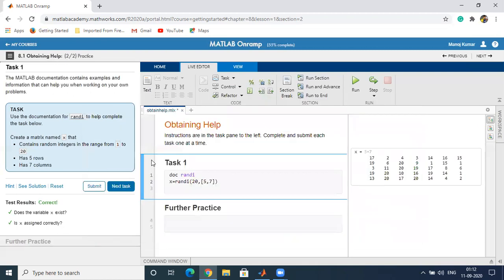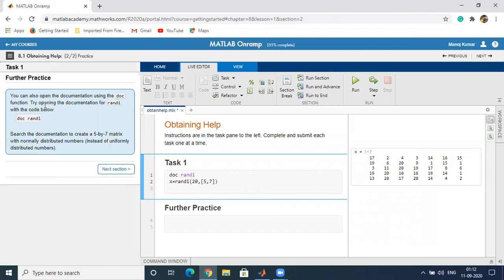Similarly, to get our results, we will use X equal to RANDI 20 comma square bracket 5 comma 7. So it will be a 5 rows 7 column matrix which contains elements between 1 to 20, and they will be integers. You can see here 5 rows 7 column, and all the elements are integers from 1 to 20. Next task,